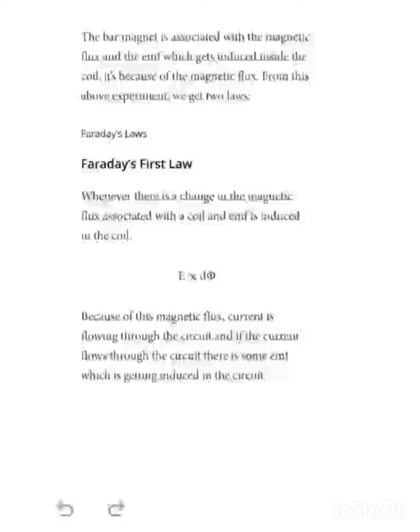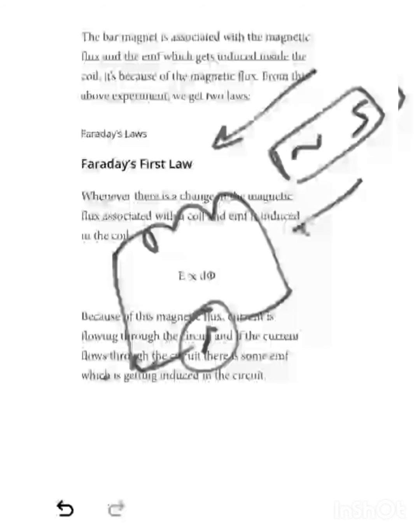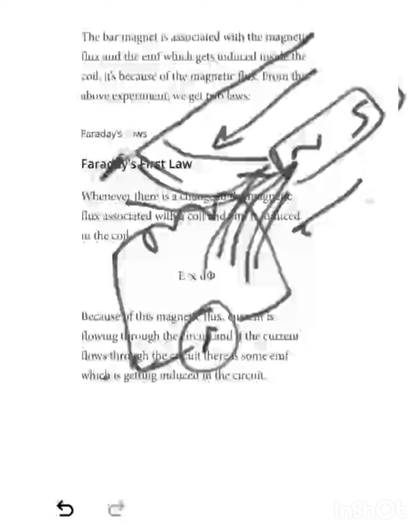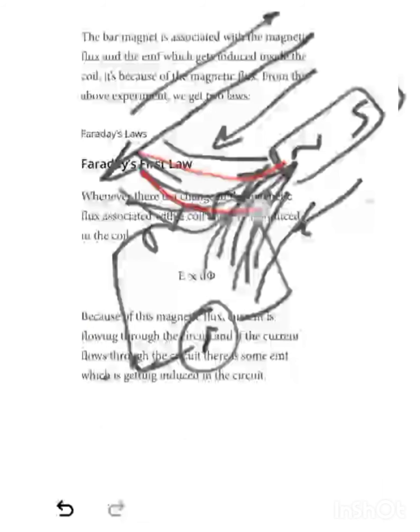Okay, so you can see in the diagram, अगर हम diagram देखें तो we have this one as a coil and this one is the bar magnet. अगर हम इस bar magnet को इसके पास लेके जाएं, if we take this bar magnet close to this one, these are the magnetic field lines or the magnetic flux lines which are linked over here or which will change. तो जैसे ही ये magnet इधर को जाएगा या फिर इससे दूर जाएगा तो magnetic field line या जो magnetic flux line है, they will get changed. तो कभी ये ज़्यादा हो जाएंगी या फिर कभी ये कम हो जाएंगी. So the total value will get changed.